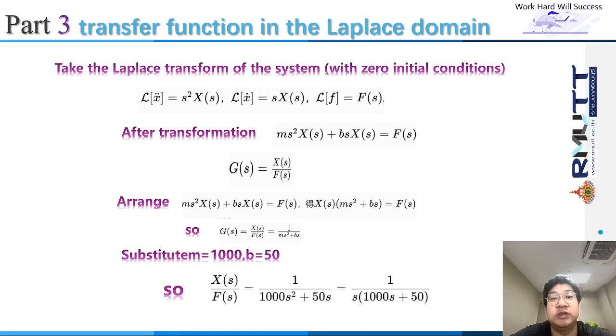And part three is having obtained the time domain model. The next step is to transform it into the Laplace domain to get the transfer function. Under zero initial conditions, take the Laplace transform of both sides of the time domain model. According to the properties of the Laplace transform, the Laplace transform gives